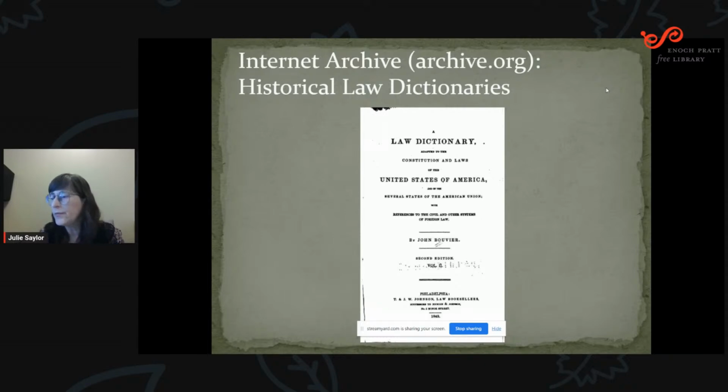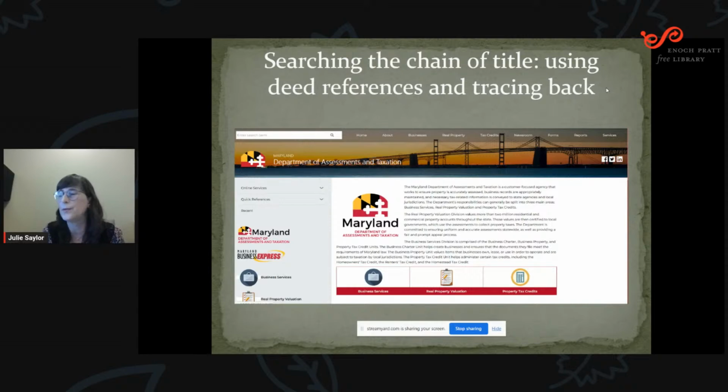So I'm first going to show you how to use deed references to research the chain of title. This method involves tracing deeds back in time from the current owner, and it's useful in house history research. So you'll need to get started by finding a deed reference for the current owners of the property. In Maryland, you'll do this by going to the Real Property Database for the Maryland Department of Assessment and Taxation. So you'll be going to their website at